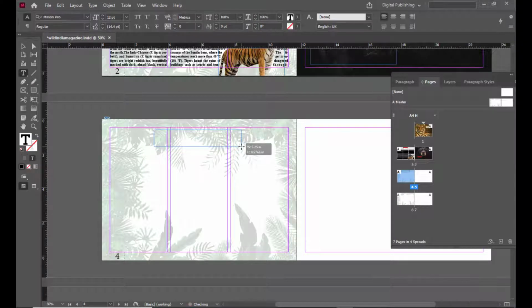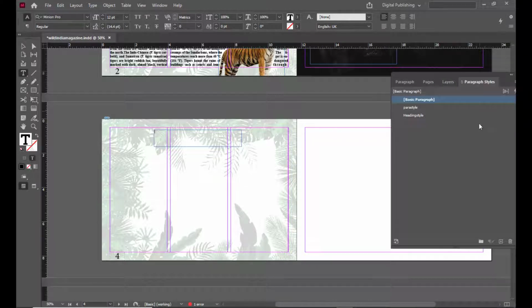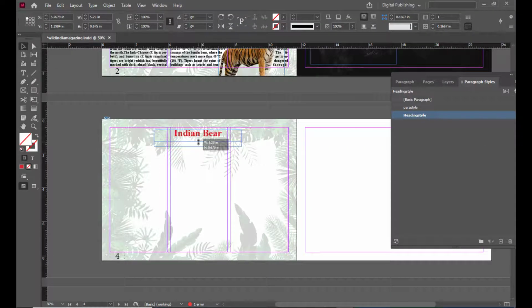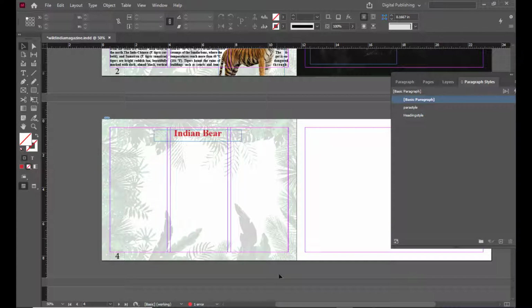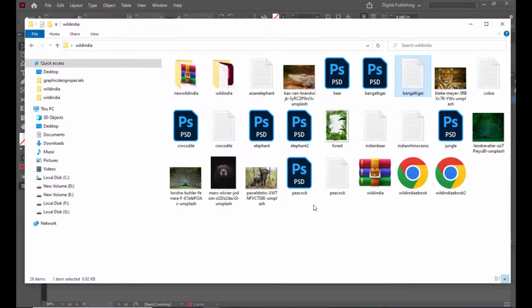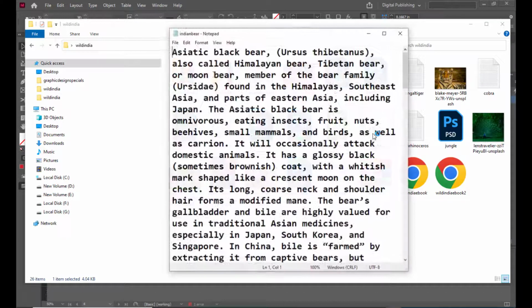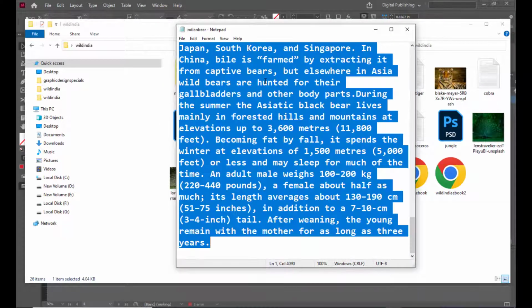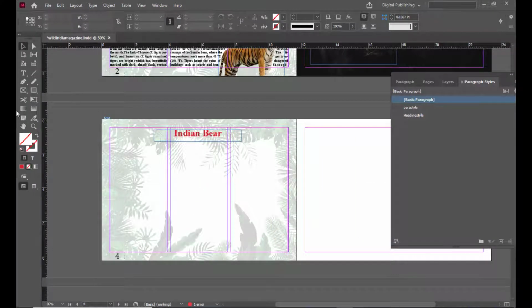And then we'll put the title. The title here is the Indian bear, and make sure that the heading style is active, and just type Indian bear. That's it. We'll get the content for the Indian bear. So where is the content for the Indian bear? So over here. So just copy it, and then